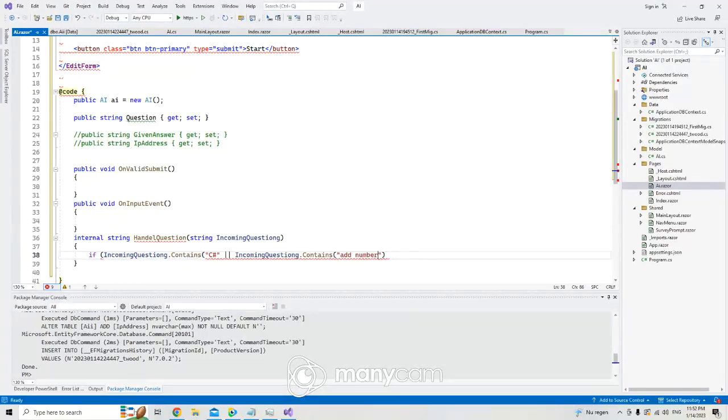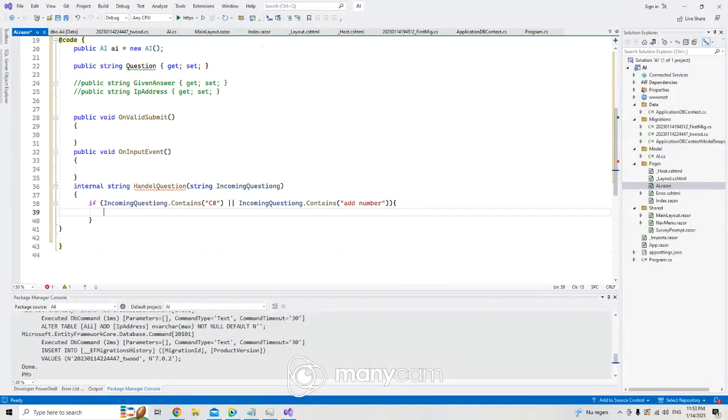If that string contains these things, okay, if that contains one more, if that contains this, like this, yeah, okay, and then what you are going to do, I want now in that condition you just